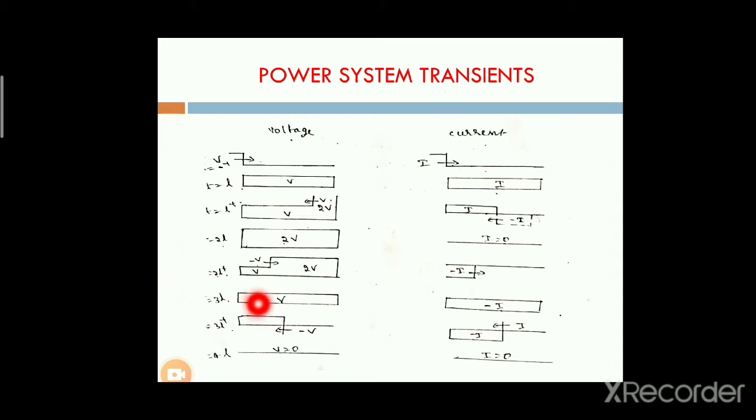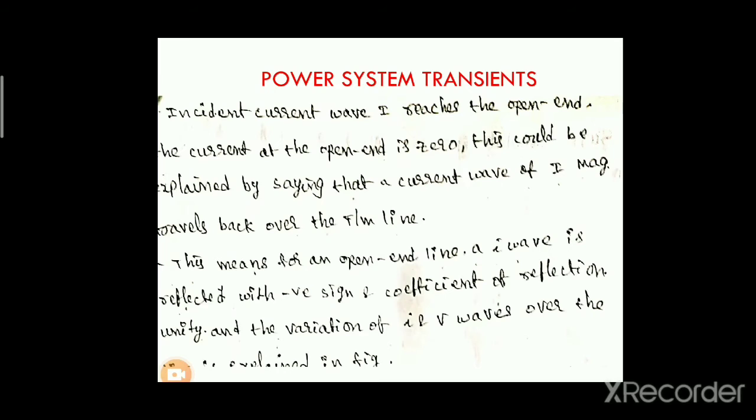Next, when t is equal to 3L, the voltage V is equal to minus I. Then after 3L plus one length, it is equal to V minus V, then I minus I. After that, when t is equal to 4L, V is equal to 0, and therefore I is equal to 0. This is the transmitted wave when the line is terminated at an open circuited end.